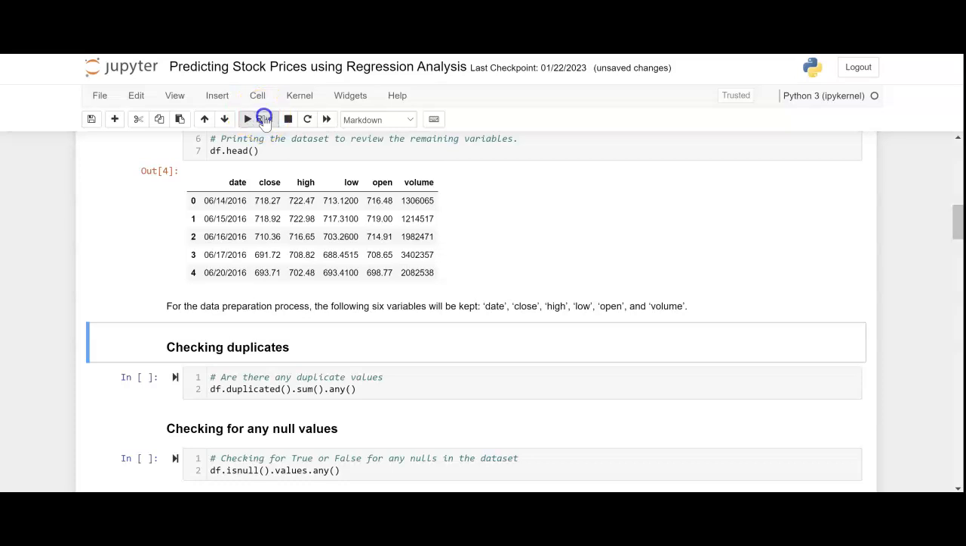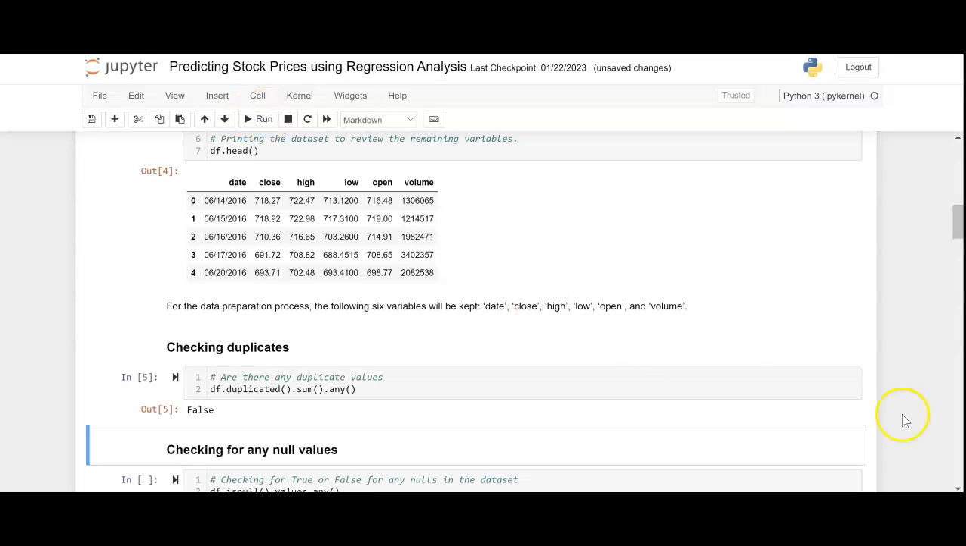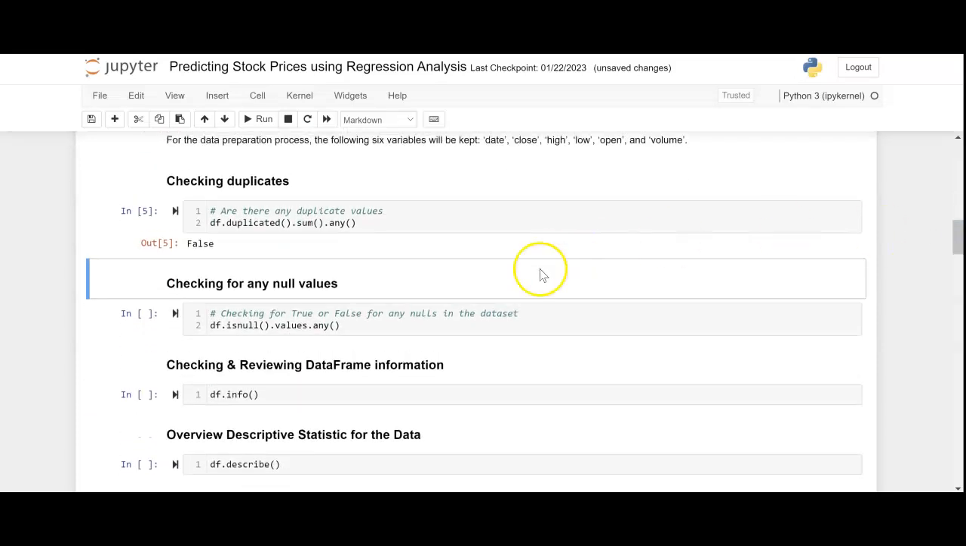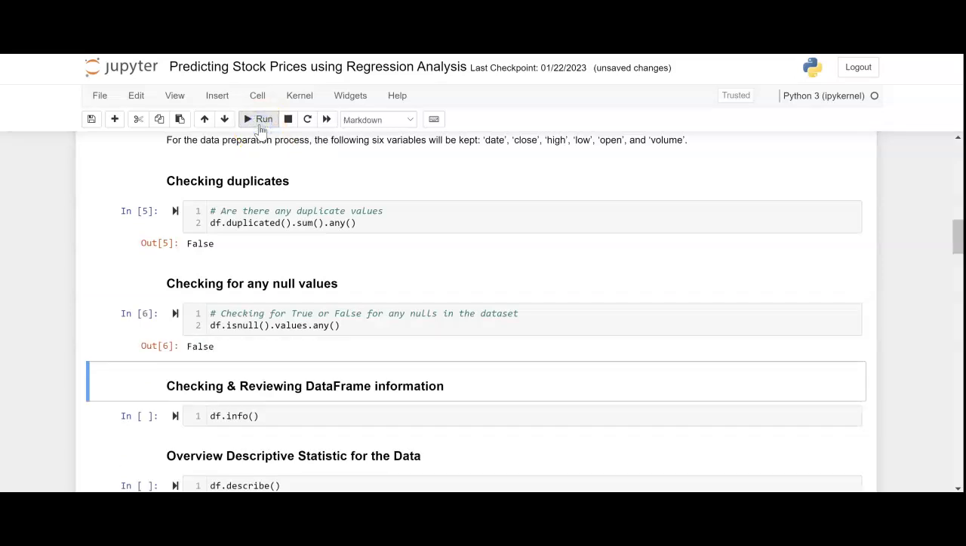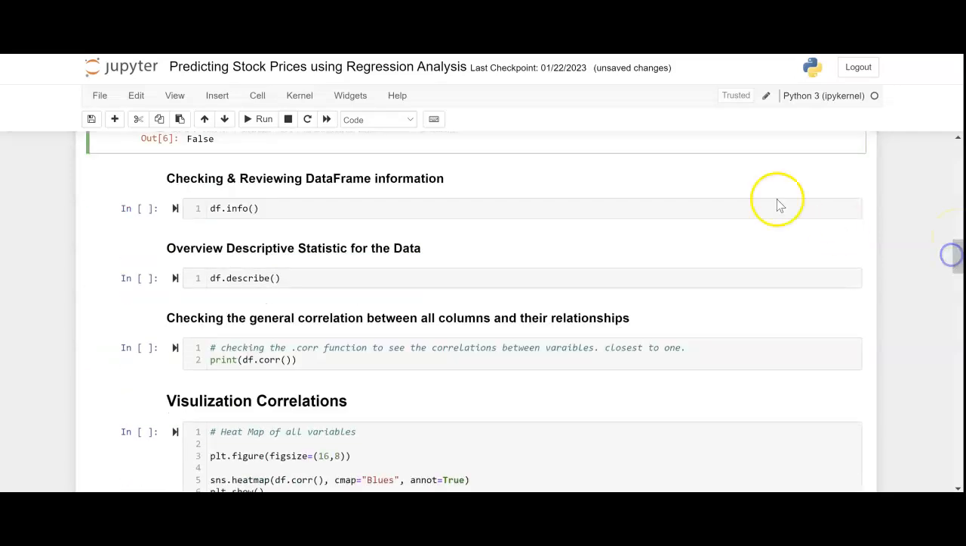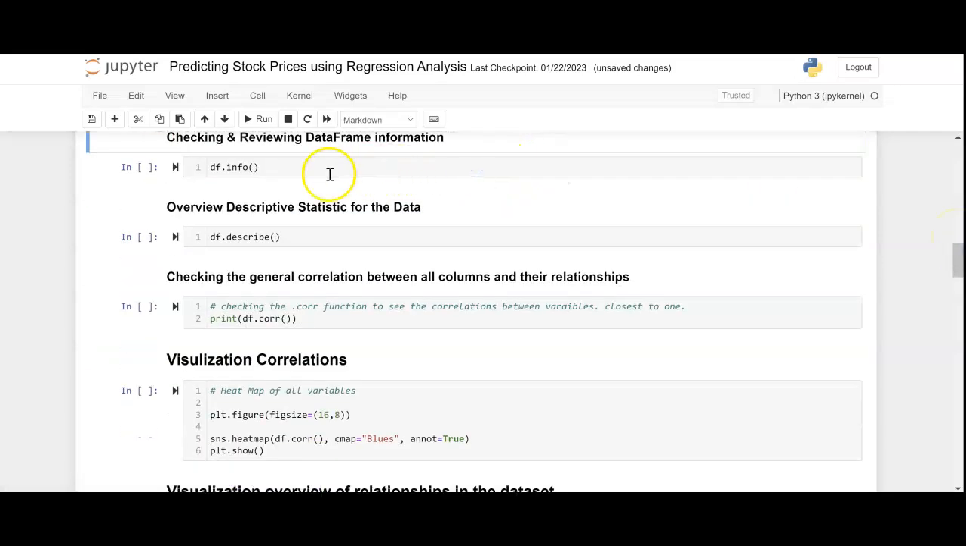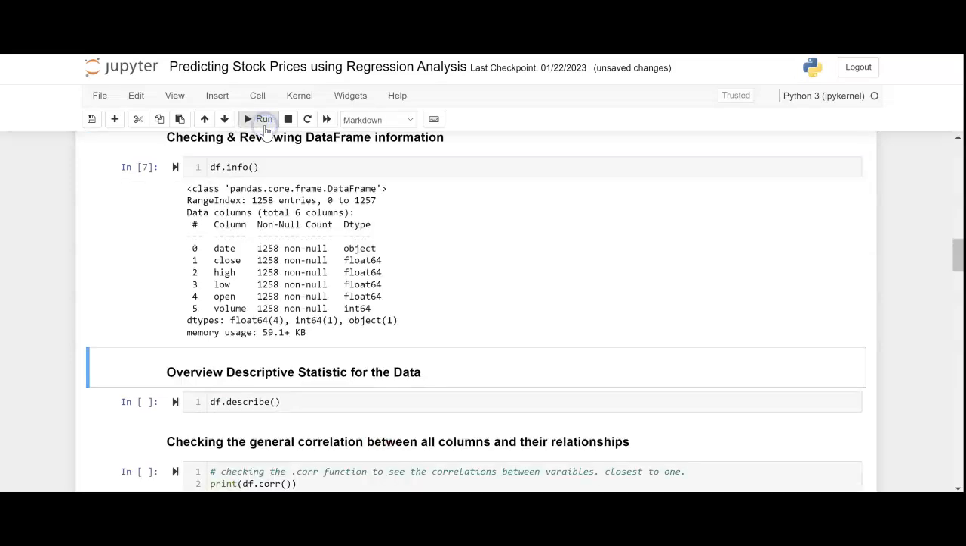Next I'm going to clean my data. I'm going to check for any duplicates, and it's false, meaning I do not have any duplicate values. Next I'm checking for any null values in my data set, so the df dot is null. It's false, meaning I have no null values. And then the next step, I'm going to run my